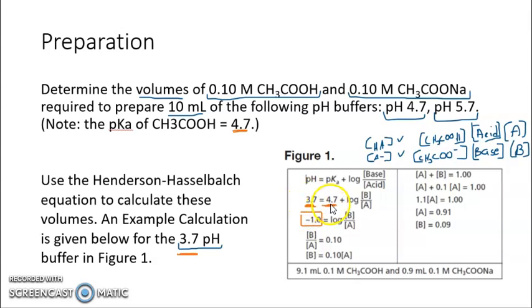Negative 4.7 and 3.7 is negative 1. So negative 1 is equal to the log of this ratio. We take the inverse log, so that's the same as saying 10 raised to the power of negative 1 is equal to